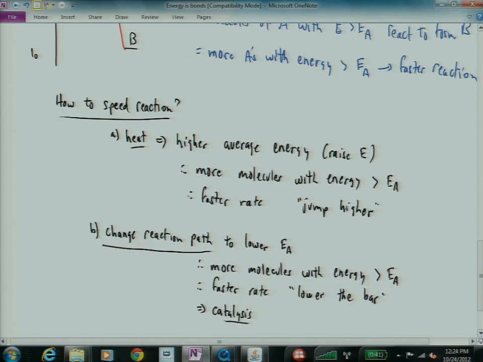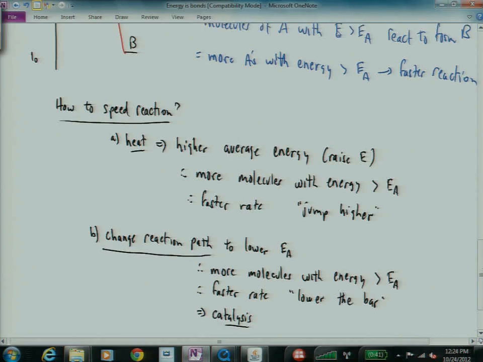Facilitating this reaction makes it happen faster. More molecules have enough energy. What I want to do is give you a sort of physical example of that to show you what I mean by that, to put it into practice. So, for example,